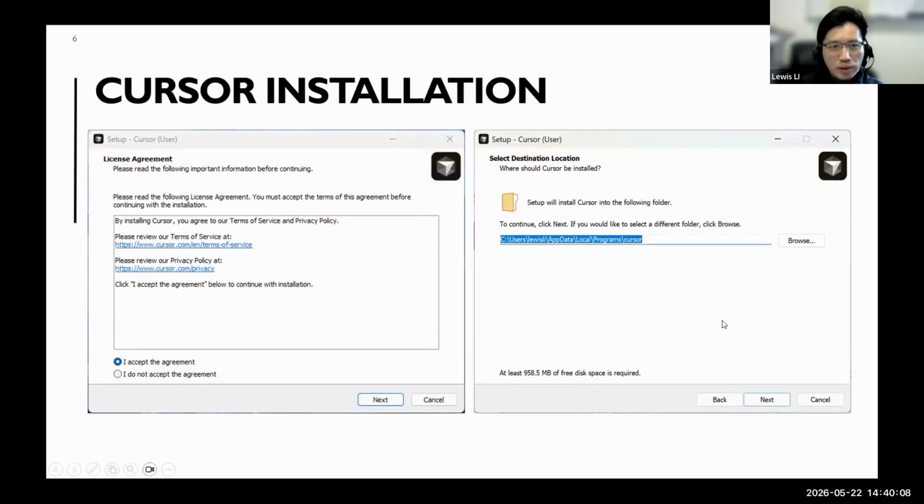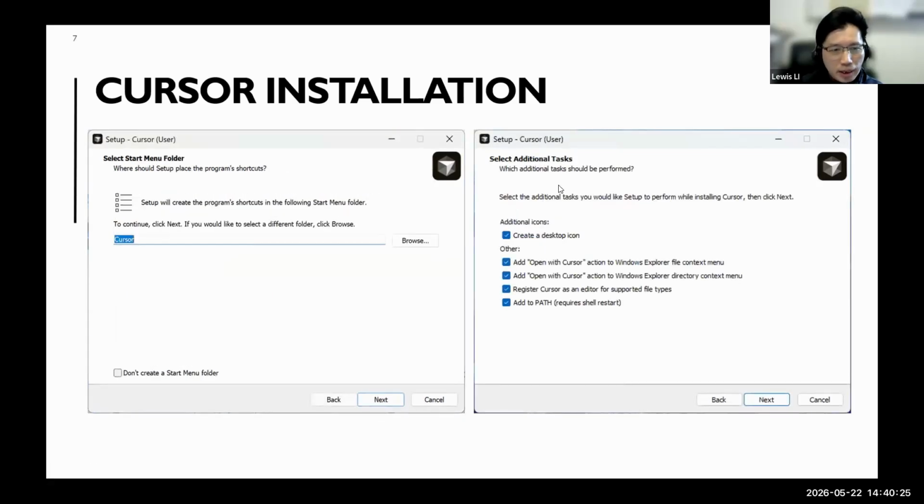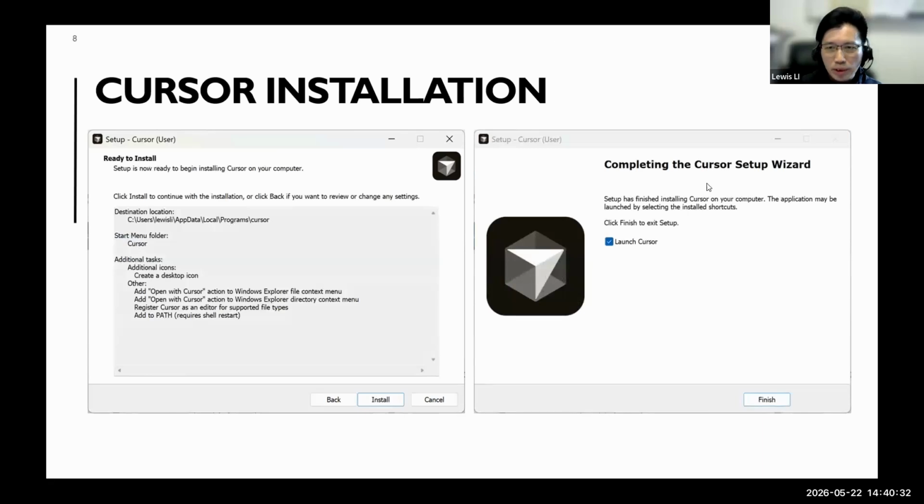After you download the Cursor program to your PC, you just run it, and you will see an agreement screen. What you need to do is just click next, just like when you install other programs. And next again; these are the couple of screens that you will see. Finally, you will see the screen saying the installation is complete. You just click finish, and then Cursor will automatically launch.